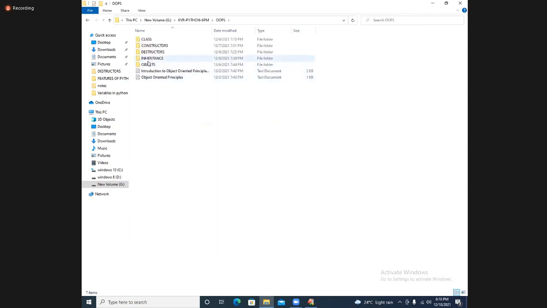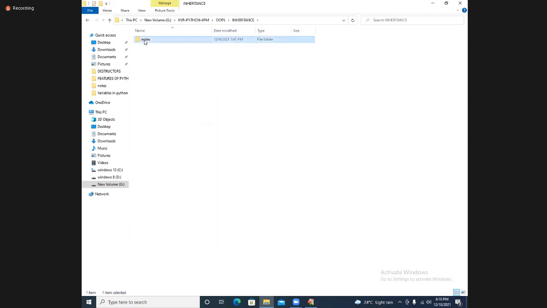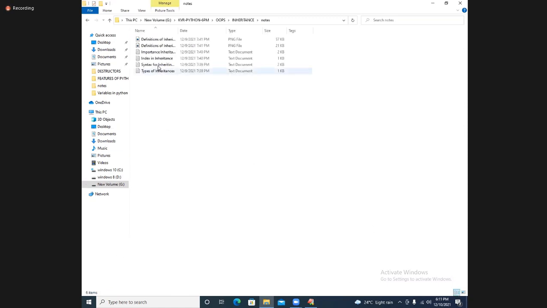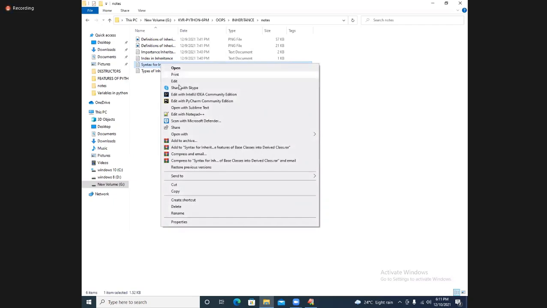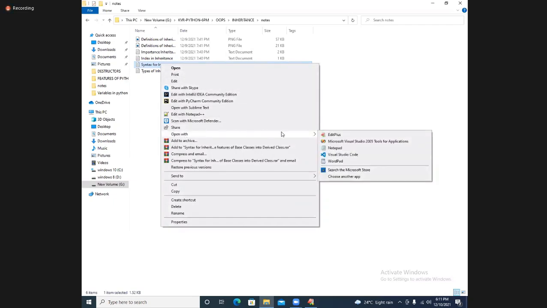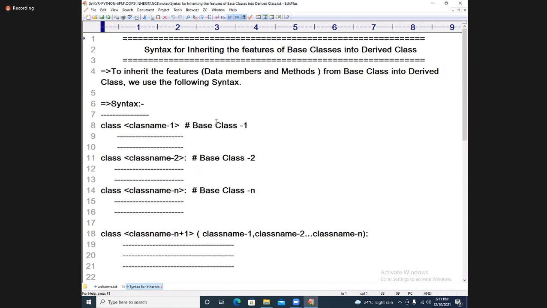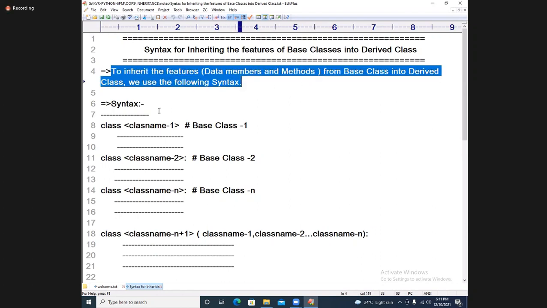In OOPS, there is a topic called inheritance. In that, we discussed the syntax for inheritance, inheriting the data members and methods from a base class into a derived class. This is what we have seen in the last session.